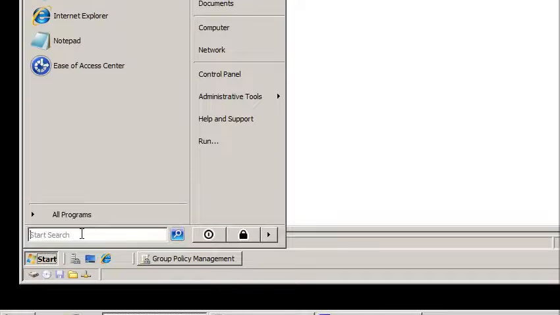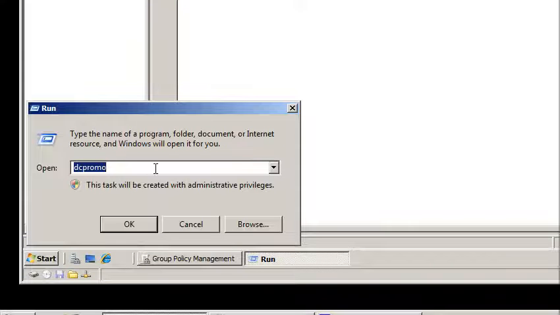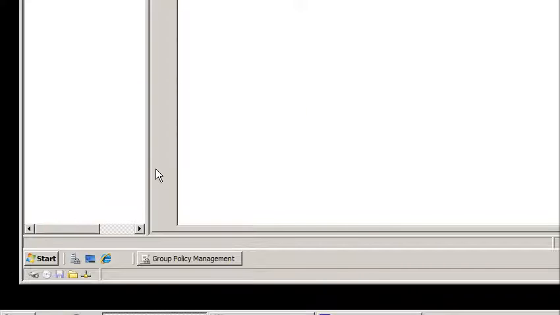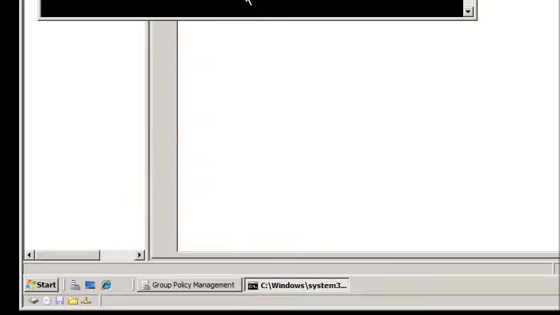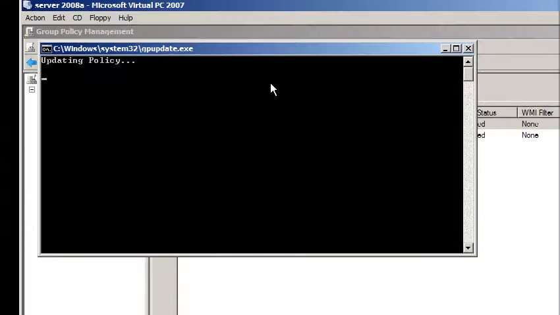And I want to run. Now this is going to run as administrator. That's one of the features of Server 2008. So gpupdate /force, which will force the group policy update. I can do a /boot and make the computer reboot, and a /logoff to force a logoff of my account. I'm just going to do gpupdate /force, and it says up here updating policy,